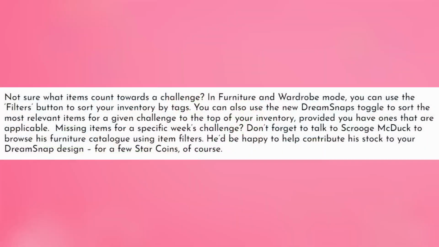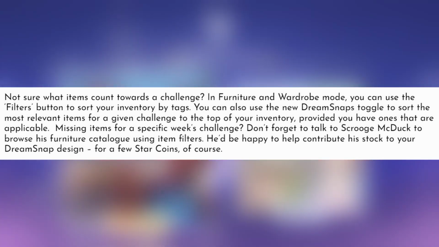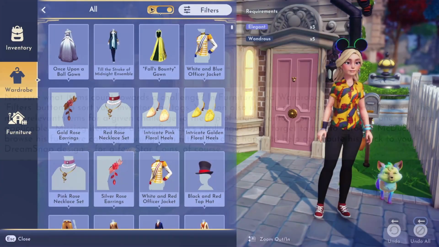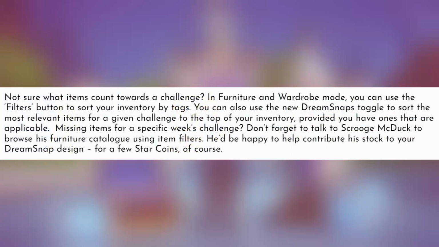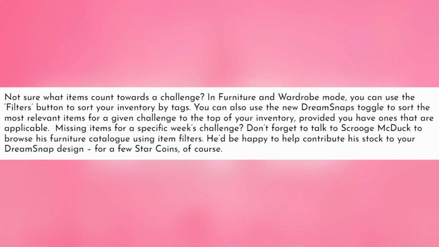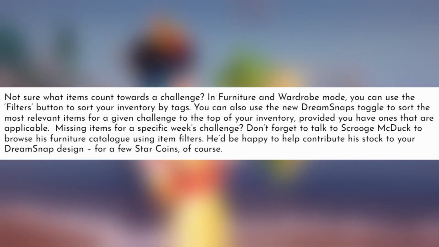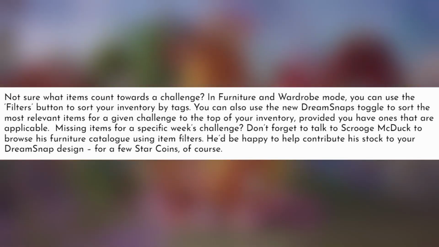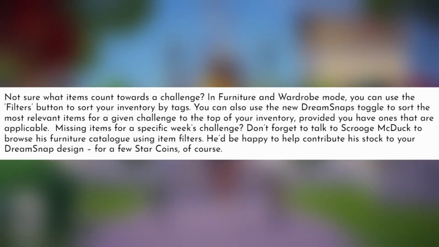Now, it does go on to say, not sure what items to count towards the challenge. In the furniture and wardrobe mode, you can use the filters button to sort your inventory by tags. You can also use the new Dreamsnaps toggle, which is awesome. There is a little toggle button to show you what items you can use and what items you can't use, to give you the relevant items for the given challenge at the top of your inventory, provided you have ones that are applicable. Missing items for a specific week's challenge, don't forget to talk to Scrooge McDuck and browse